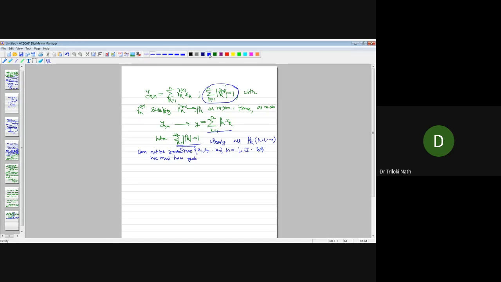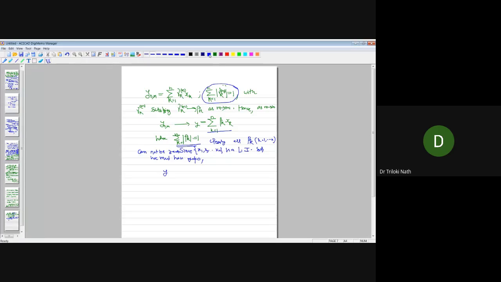y is non-zero. Why non-zero? Because if y is 0, it means the summation k equal to 1 to n of beta k xk is 0, and x1, x2, xn are linearly independent. This implies that all the scalars are 0. But already you said that all the scalars cannot be 0. So the only possibility is that y is not 0. On the other hand,